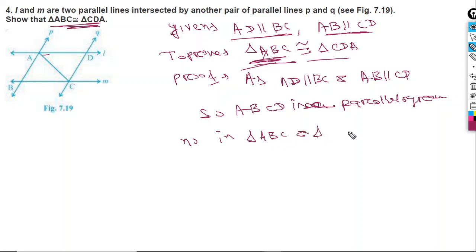Now, name the two triangles: triangle ABC and triangle CDA. Now look at the figure. ABC and CDA. AB will be equal to CD. We will write AB equals DC. Okay, AB equals DC, and you can see this angle will be equal to this angle. This angle will be equal to this angle. One second, I will clear it out.